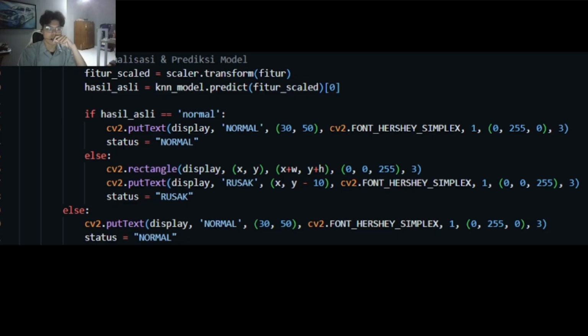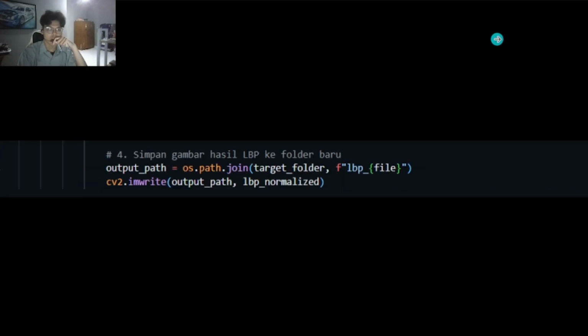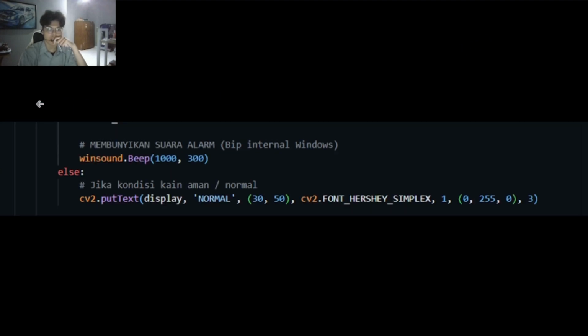Second, the winsound.beep command will trigger an audible alarm to alert the operator. Third, the system runs the cv2.imwrite command to automatically take a screenshot that is immediately saved to the detection subfolder. However, if the fabric is in normal condition, the system will simply display a green text, normal, in the image stream.